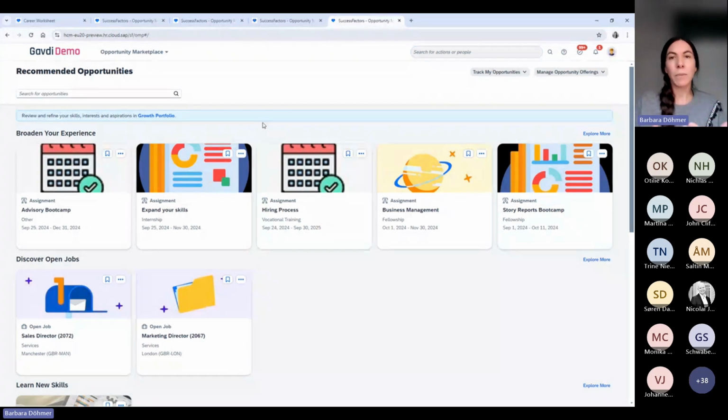So every time you keep your growth portfolio up to date, the marketplace will be able to recommend the best opportunities that fit those aspirations or career development goals. It will be offering or updating the recommendations based on the interests that you as an employee or individual have within the company you work for.